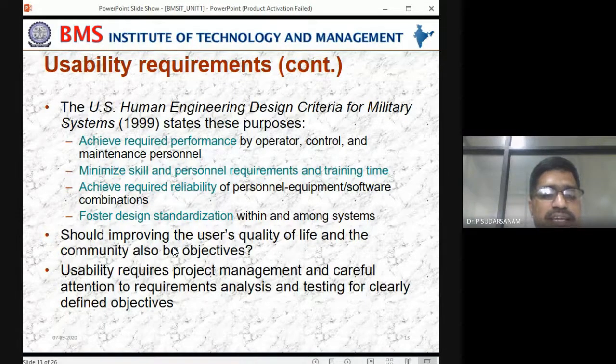These were the military requirements with respect to usability requirements. The last one is most important: usability requirement project management and careful attention to requirements analysis and testing, clearly defining the objectives. So they should give clear instructions on how to utilize and what to use. Nowadays, when we purchase a mobile also, they give instructions on what to do and not to do.